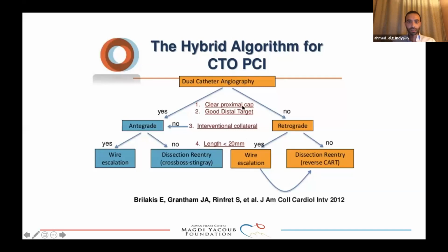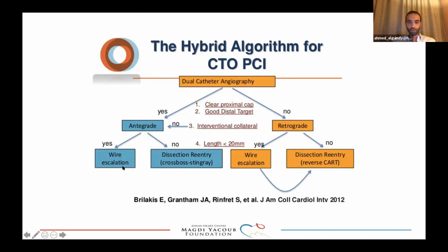If the CTO has a clear proximal cap and the distal vessel is good, then an antegrade approach seems like the appropriate thing. If the lesion length is quite long, that is more than 20 millimeters, or the course of the vessel is poorly understood, then your chances of being able to traverse the entire CTO segment going true to true becomes quite low, and an antegrade dissection re-entry strategy becomes the initial strategy of choice. If the lesion length is shortish and the vessel course is understood, a wire escalation going true to true is